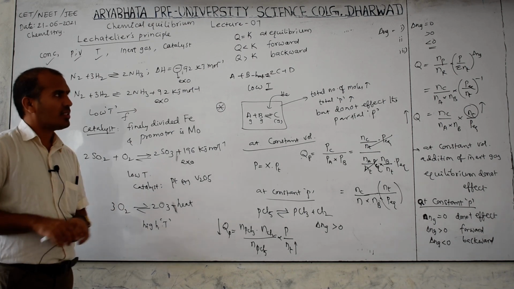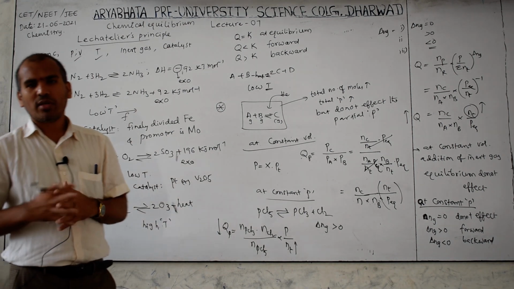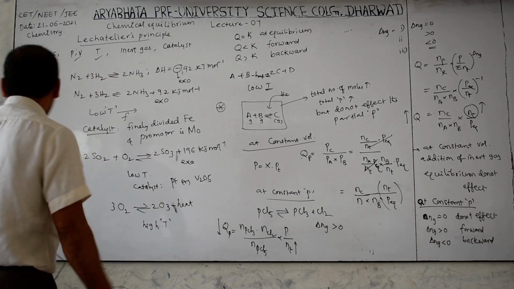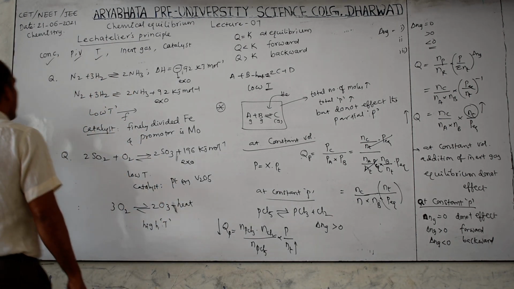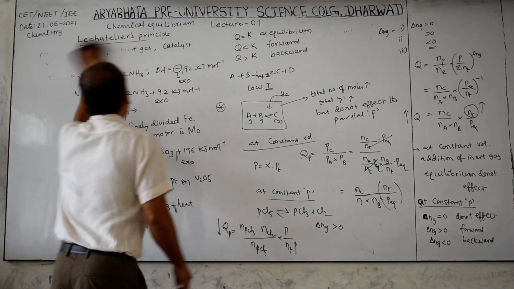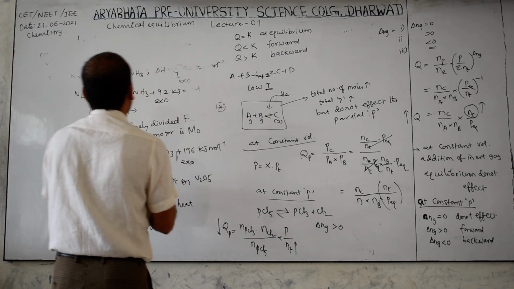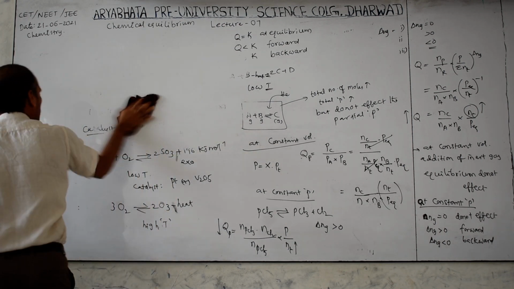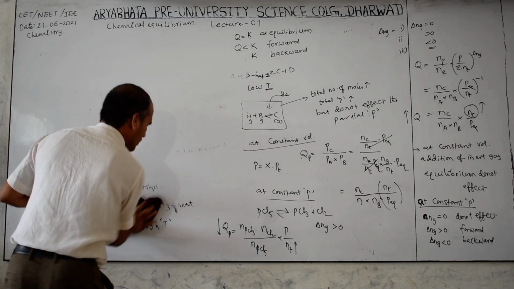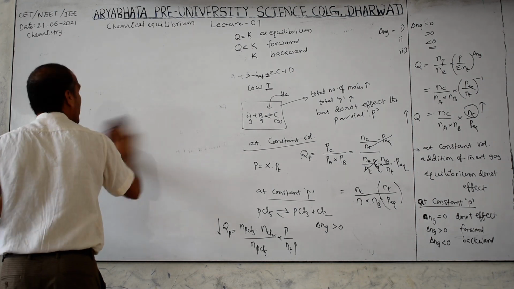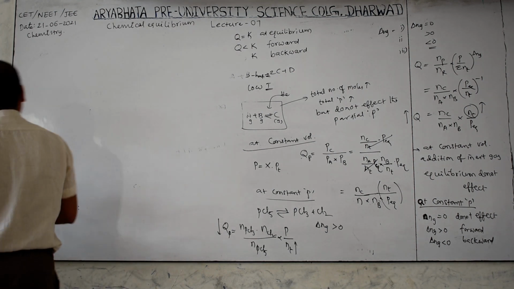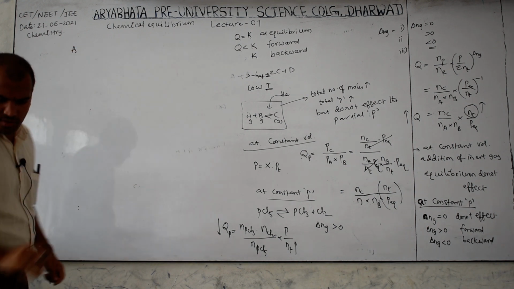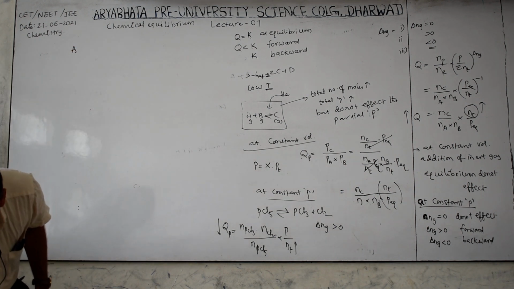With respect to this, the total equilibrium concept part is completed, but only for JEE Mains level, one small part is there. They may ask the formula. One formula is there. What is that? One minute, that formula also I have to derive.